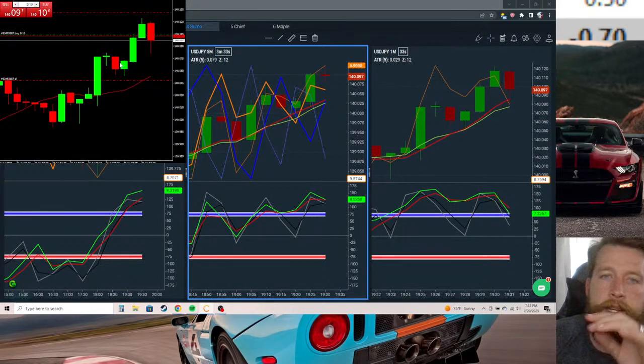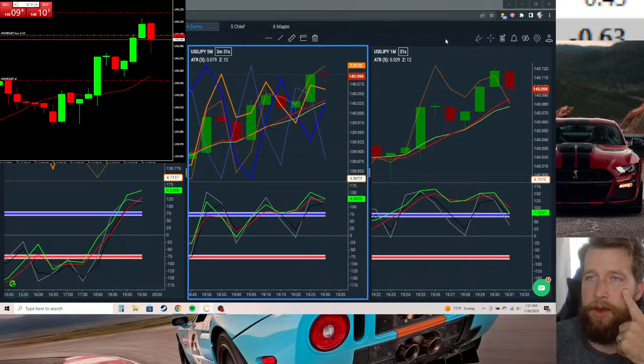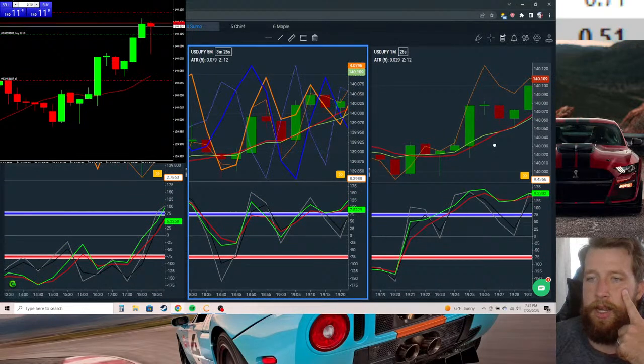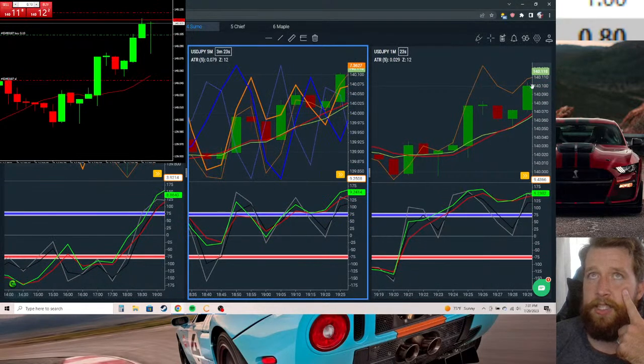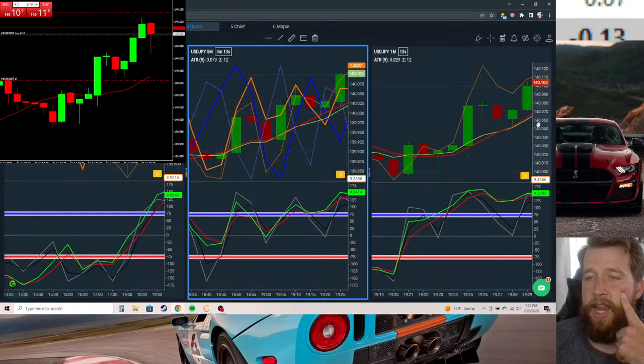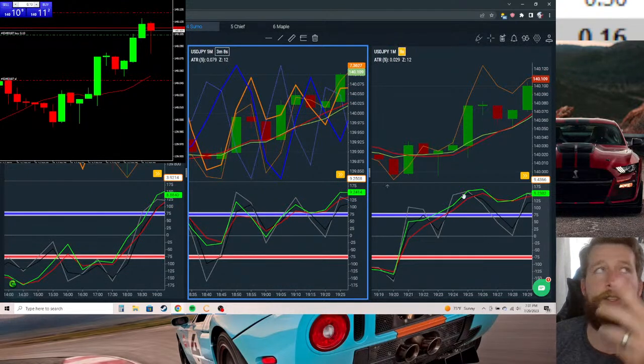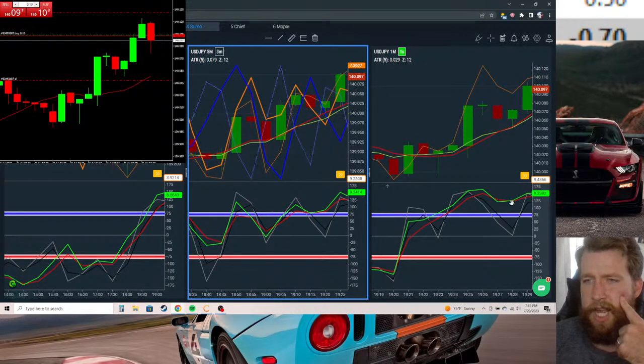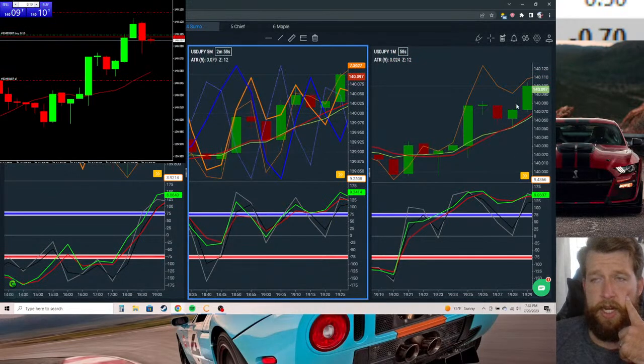All right, well, let me tell you why we took that trade. So that was right at the close of this candle. Still keeping an eye on this. That's good rejection toward the downside. But at the close of this candle, and I'll get into these indicators a little more, this is a gray dagger, and you can use this as a signal, which I did. So we decided to buy,